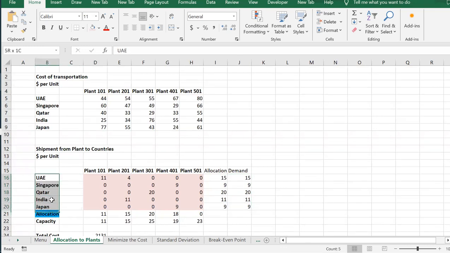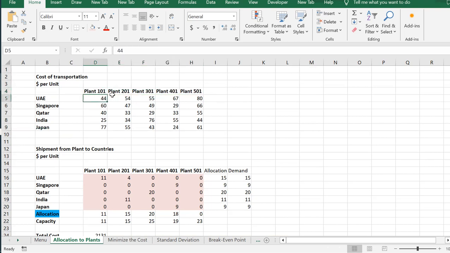These are the countries to which you provide your product, you sell the products. You have these plants located geographically in diversified locations,